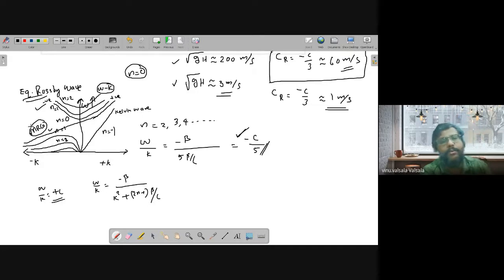So these are all the possible wave forms available in tropical or equatorial dynamics. You may ask, what about the other areas of the map? No waves are possible in the other areas of the map. And that discreteness comes from what? Due to your n, the mode number. This discreteness of the system is so special in equatorial dynamics. Only some families of waves are possible. Not all types of waves, not a continuous number of them. Only a definite number of waves, or definite characteristics of waves, are possible.